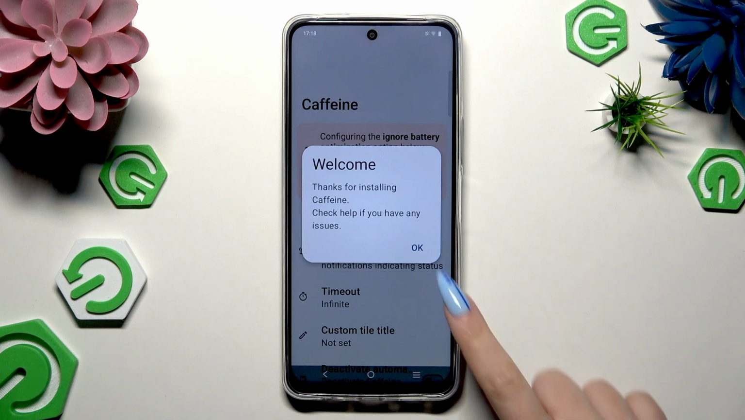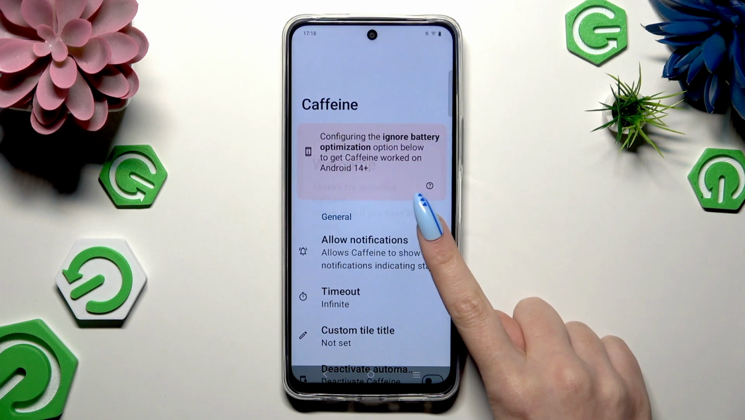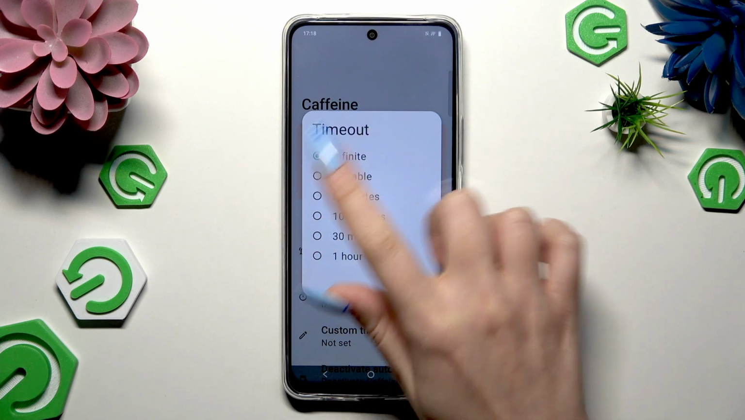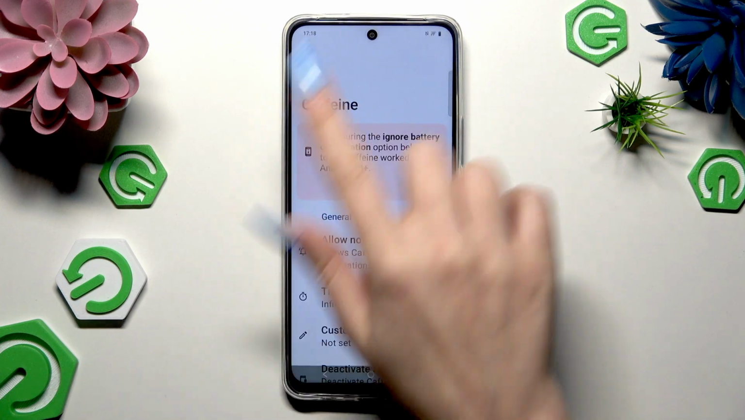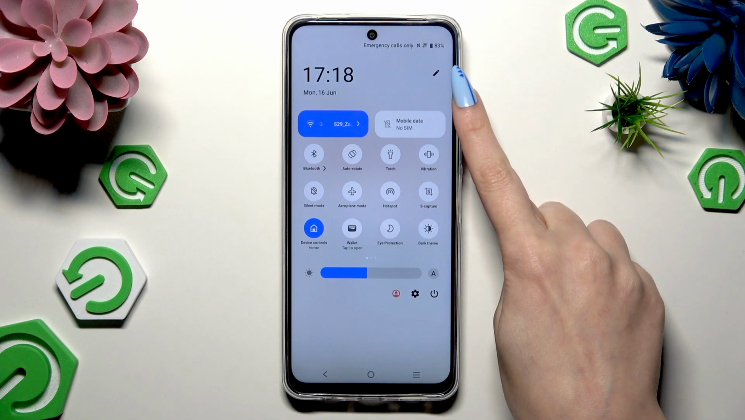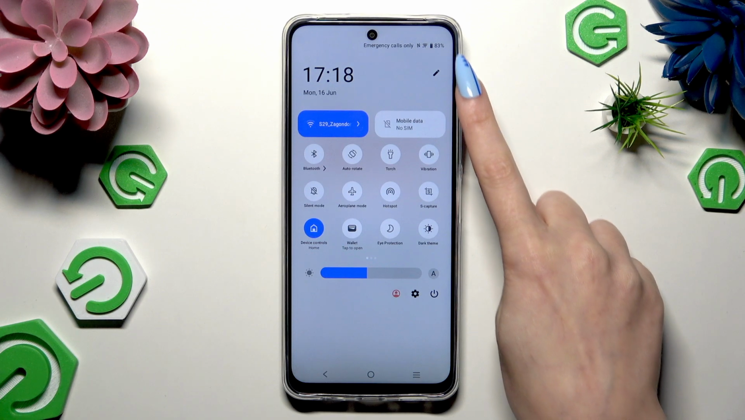Hit OK in Welcome pop-up and tap on Timeout to make sure Infinite is on. Then go into Tab menu and edit your shortcuts thanks to this icon of a pen at the top right